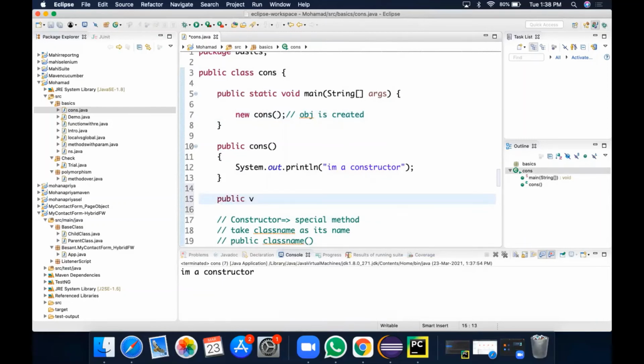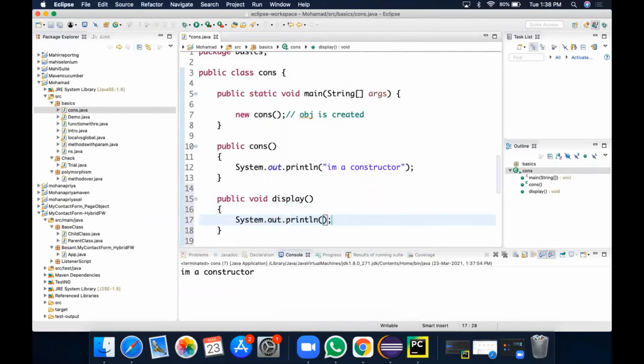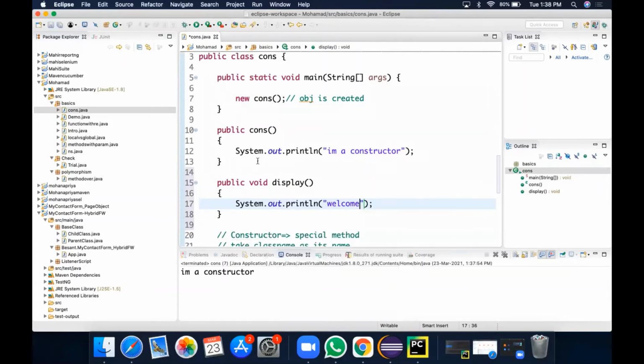Now let's have a non-static method: public void display, and I'm going to give welcome. This is a non-static method. If I want to call it, I need an object. Already I have an object, so I'm giving a name to it. If you need an object name, you can create it.